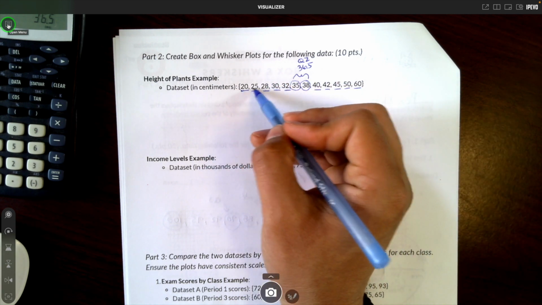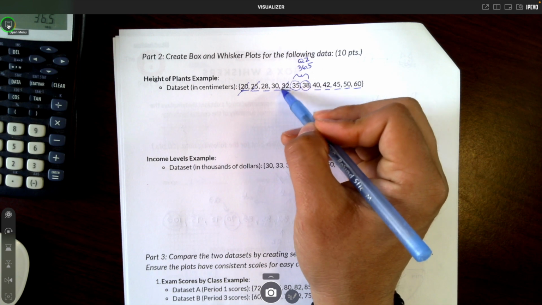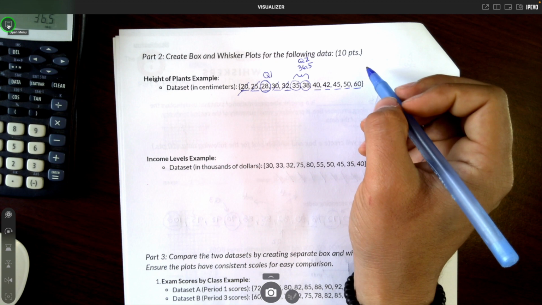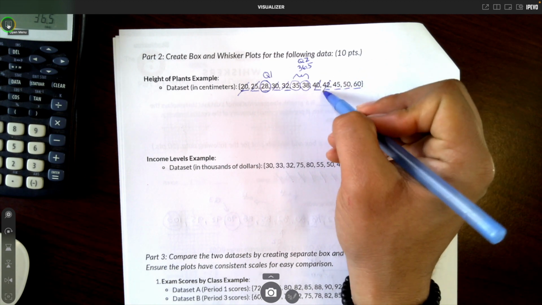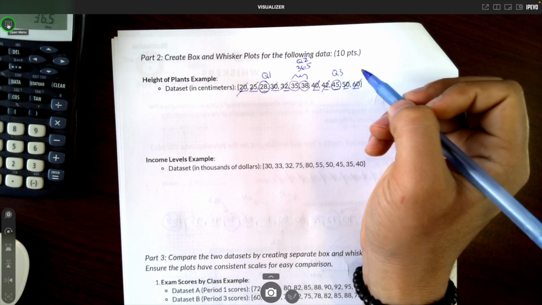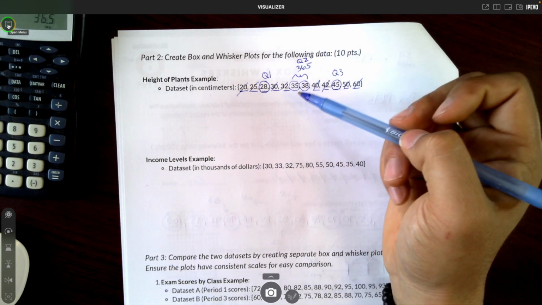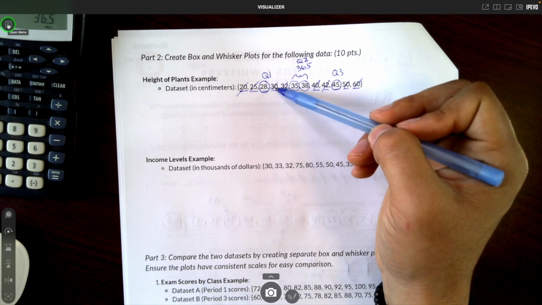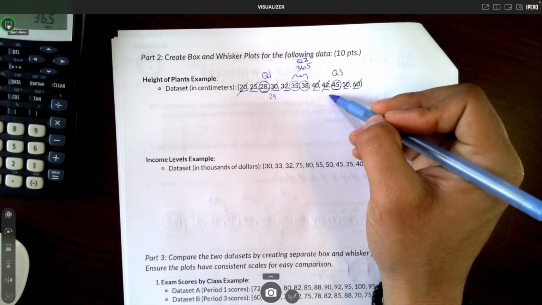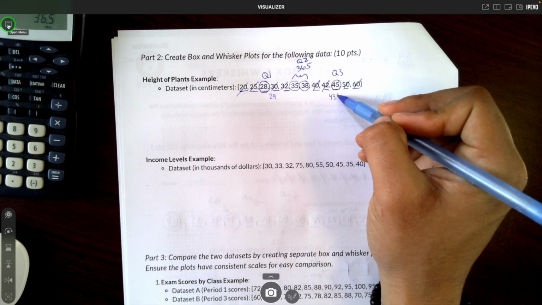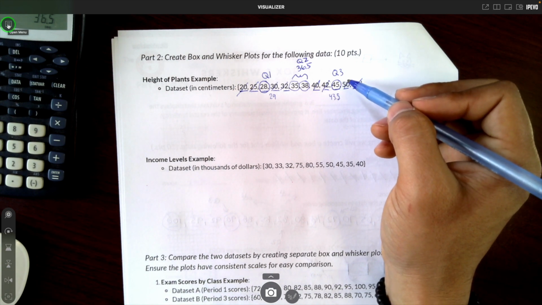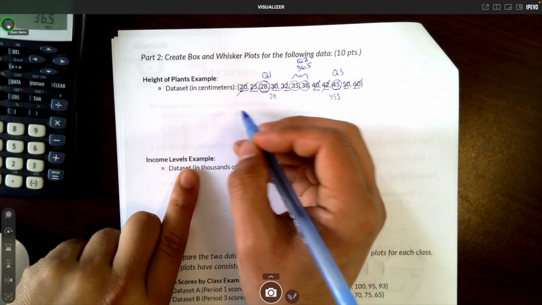So I'm going to do 1, 2, 1, 2. And so this is going to be my Q1. And then I'm going to do 1, 2, 1, 2, and this is going to be my Q3, okay? Now, if you wanted to, you could take the average of these two, and so you could say it's really 29, and you could take the average of these two, and you can say that this is 43 and a half. It just depends teacher to teacher. I've learned it several ways. This is probably not the most straightforward explanation, but